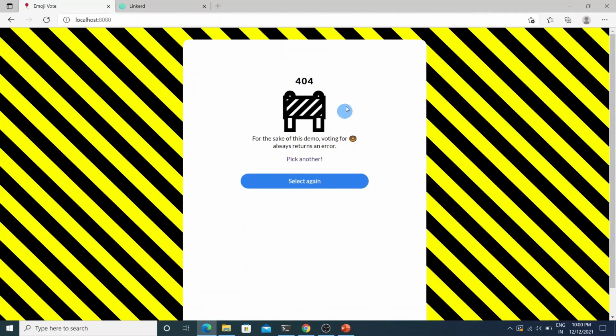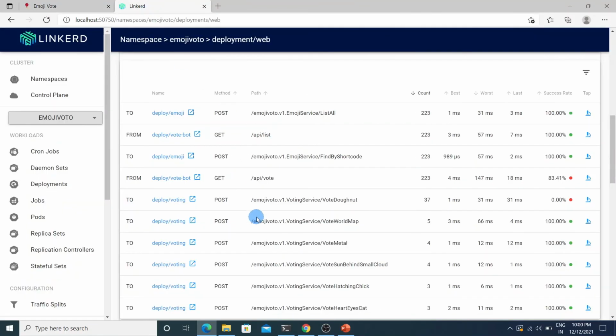we see that there's a 404 error and definitely is indicated by this dashboard where it shows the success rate is 0, which means that none of the votes to the donut is being successful. So we have successfully troubleshot this application and found the issue within the vote donut API. So this is how you can find the issue within your application and make the corresponding fix for that.